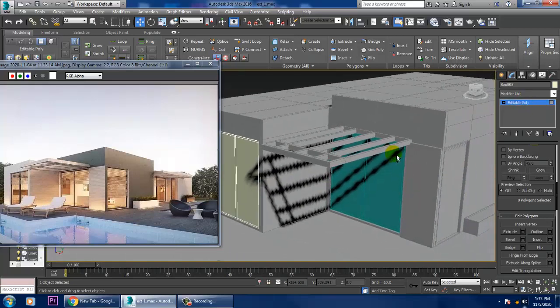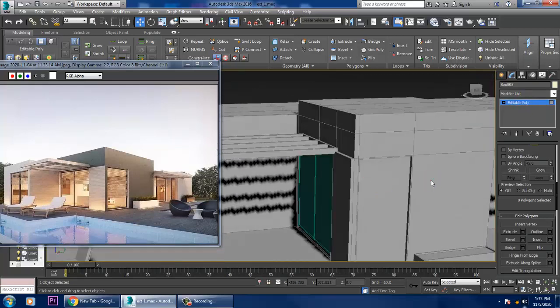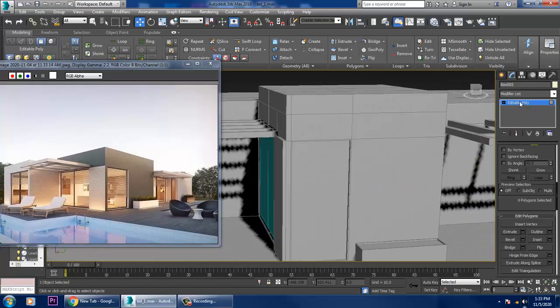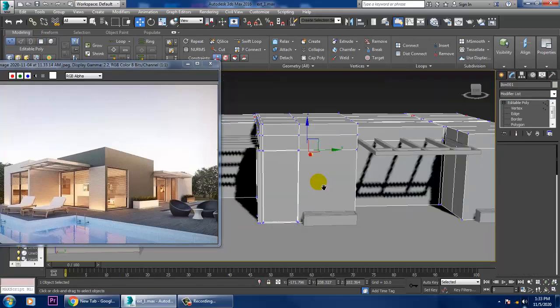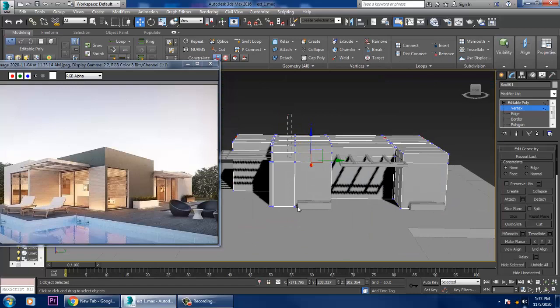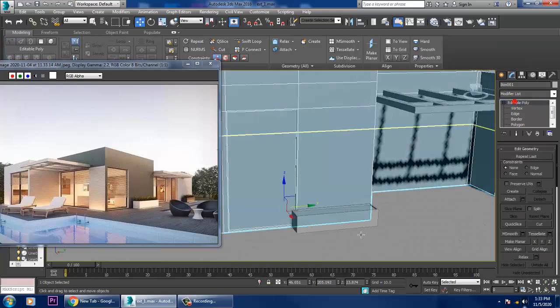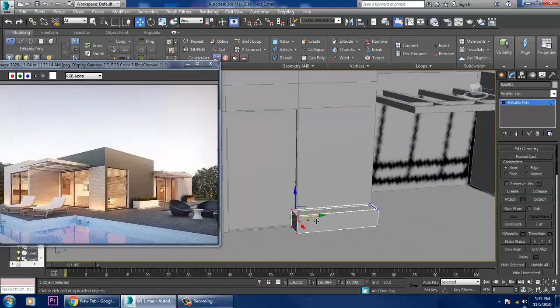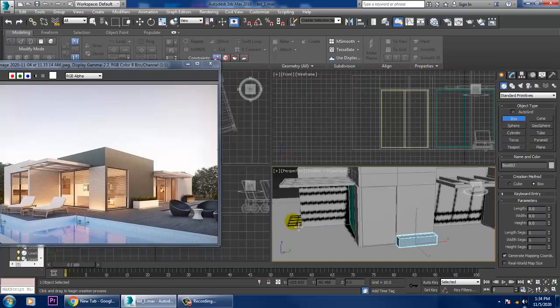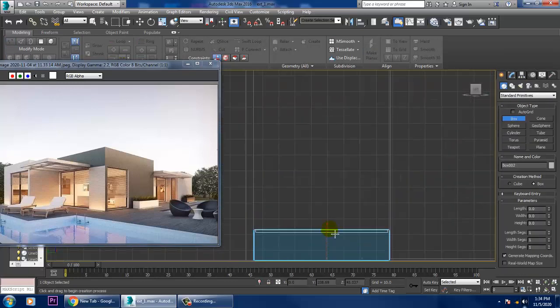Save your file. So that would work over here also. So select this part. We can slightly push this over here. Again, take a box. Let's go into this view over here.